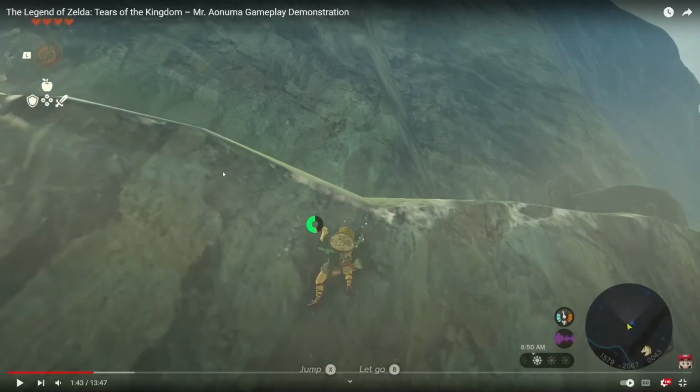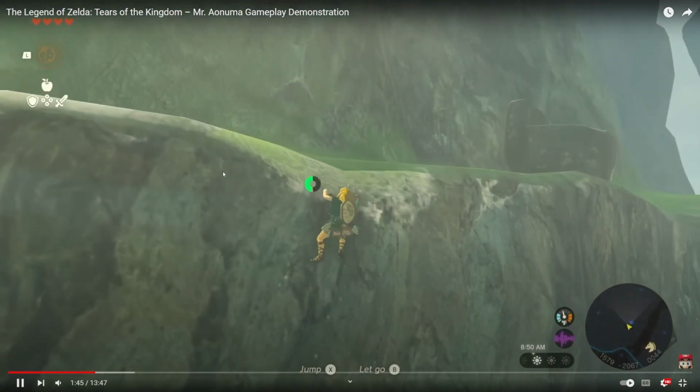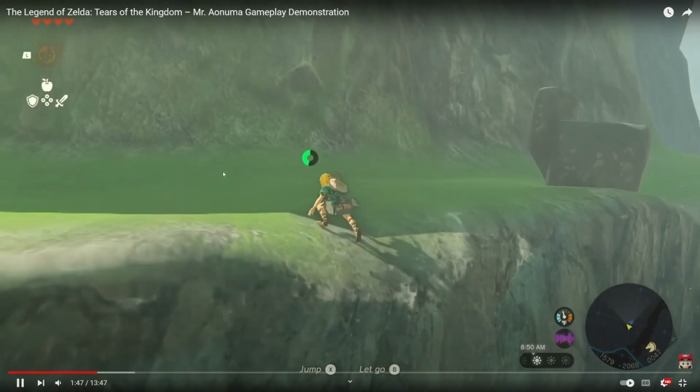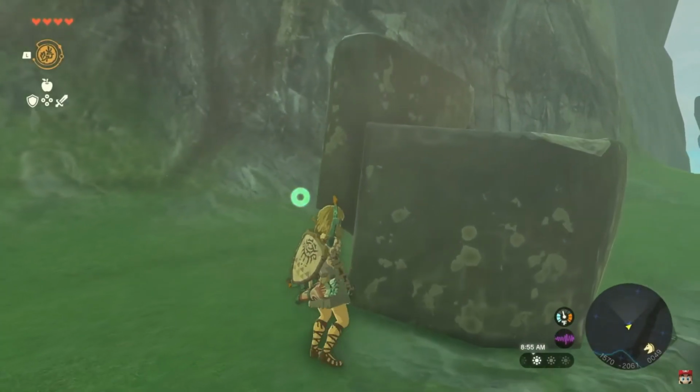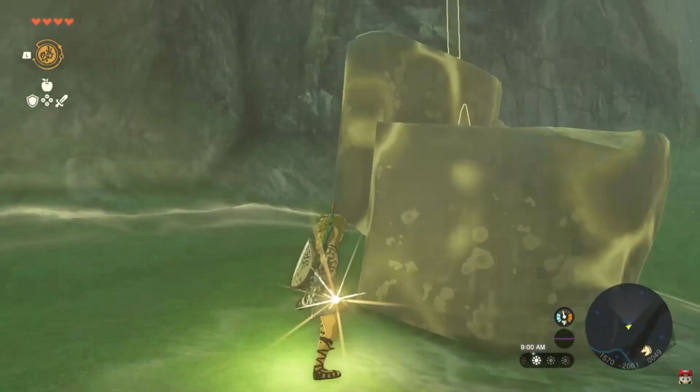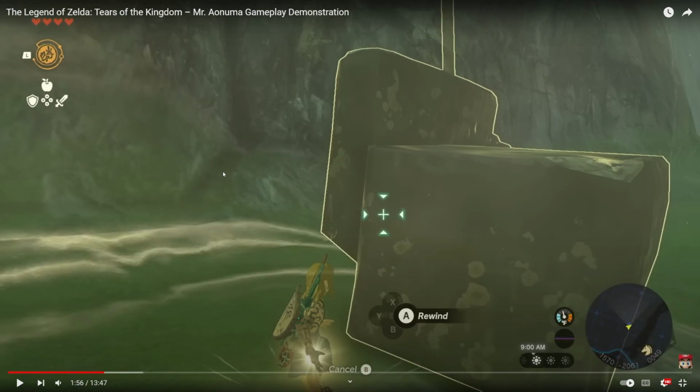So here's my question. If you played Breath of the Wild on the Switch, and you have the game, will the two have some sort of connection? Like, we detected that you've played Breath of the Wild previously, so you will start with XYZ. Because it is the same map, right? Let's use one of Link's new abilities. If you do this on the rock that just fell...